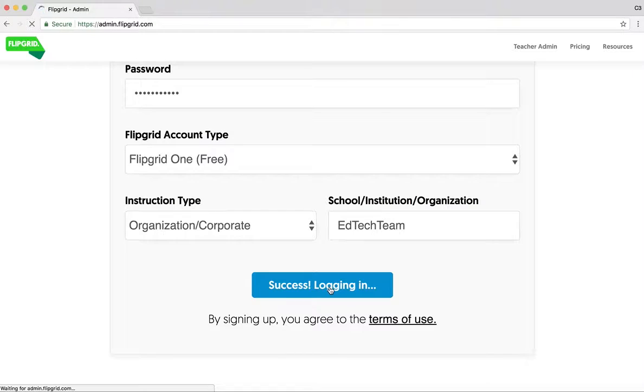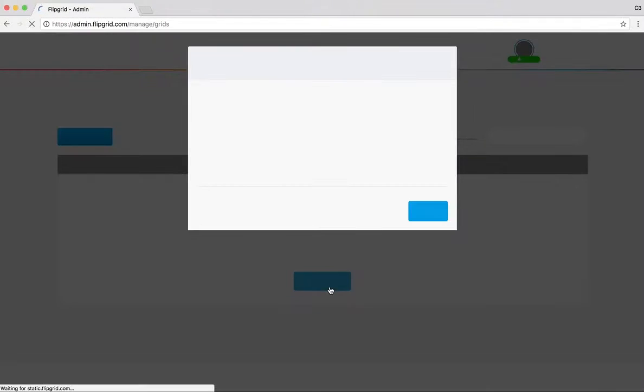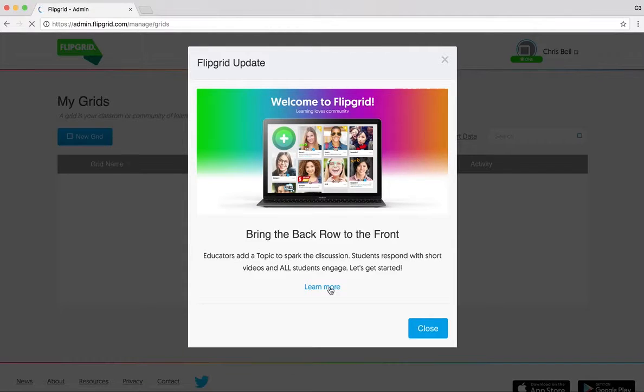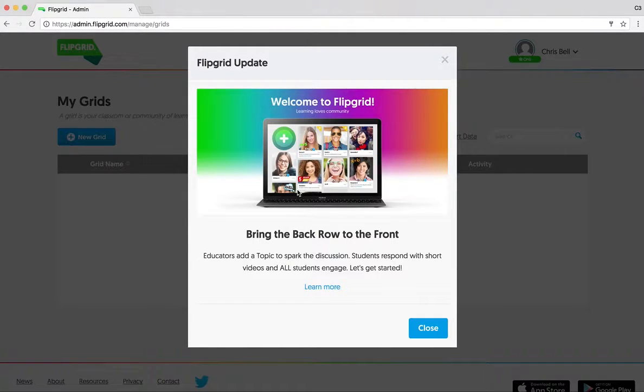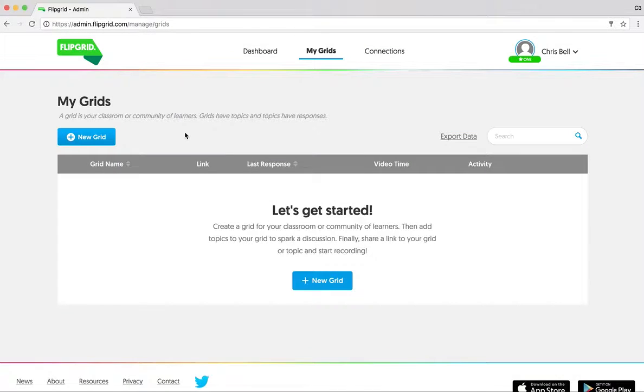Now I'm doing this from the desktop, but I could also create this on an iPad or from a mobile device. In the beginning, there's a way to allow you to learn a little bit more. So there's a tour to walk you through it, but I'll skip that and I'll take you through myself. So what we're looking at here is our dashboard, and this shows my grids, and the grids are topics around